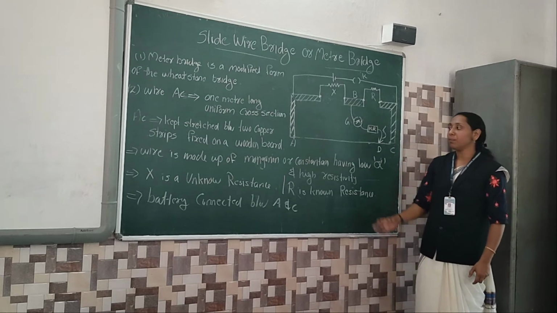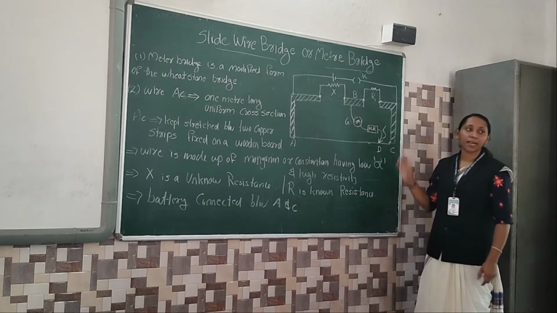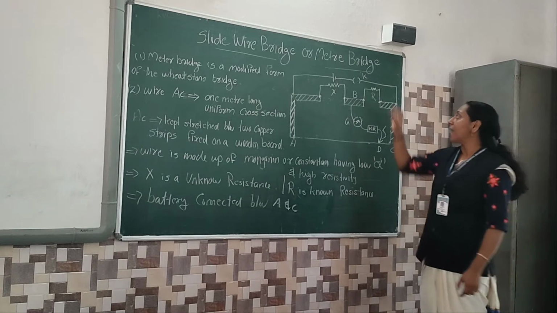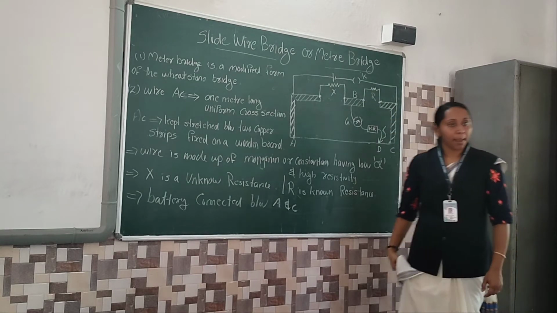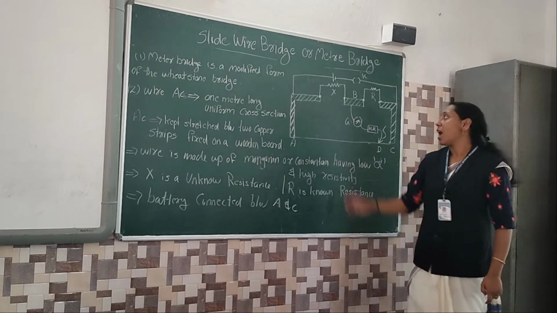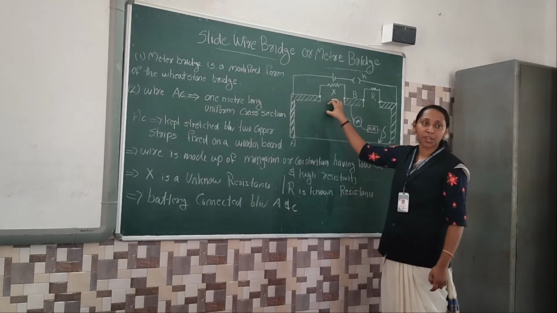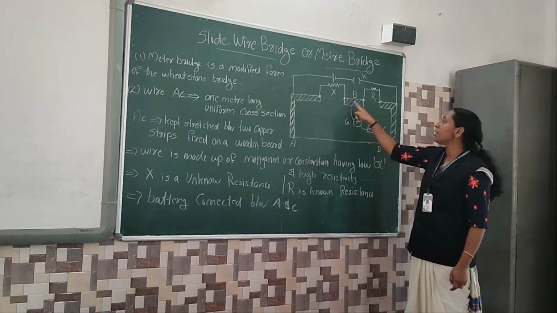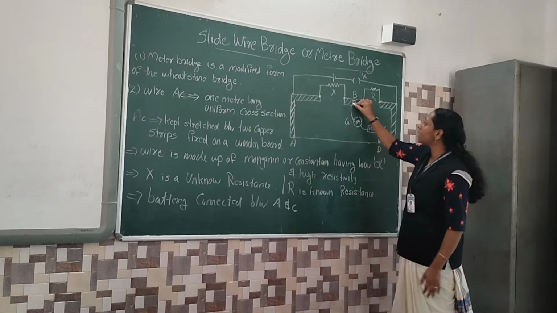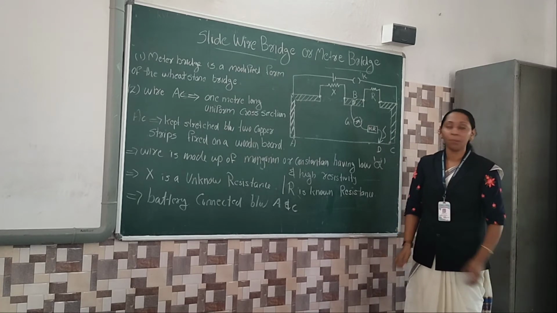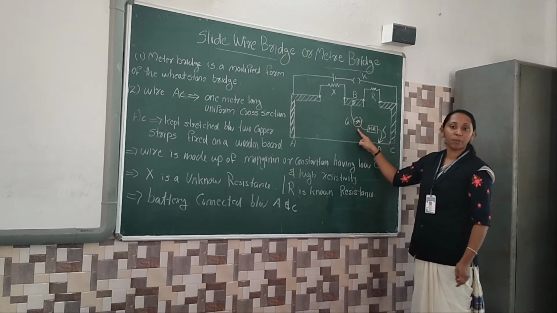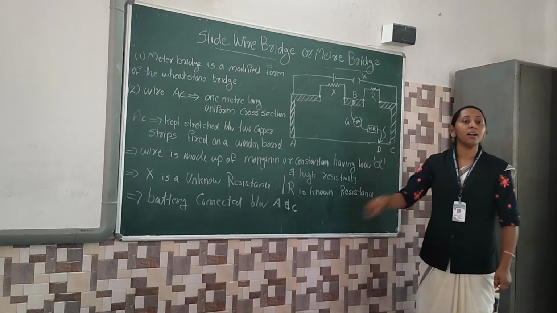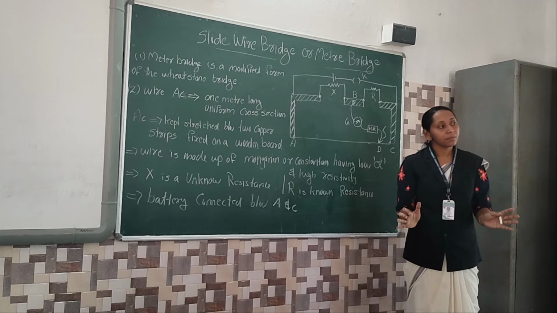I repeat once more. The two ends of the wooden pieces are connected by a 1 meter long wire that is made up of manganin and constantan, and the top portion contains a battery connection with a key, and one end is connected to a known resistor, the other end is connected to an unknown resistor. In between the portion, the connection: galvanometer and high resistive element, and through the jockey is movable on the wire. Parts is clear? Just समझ लो ना.